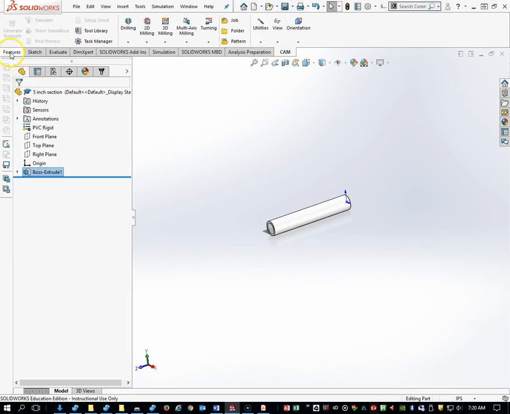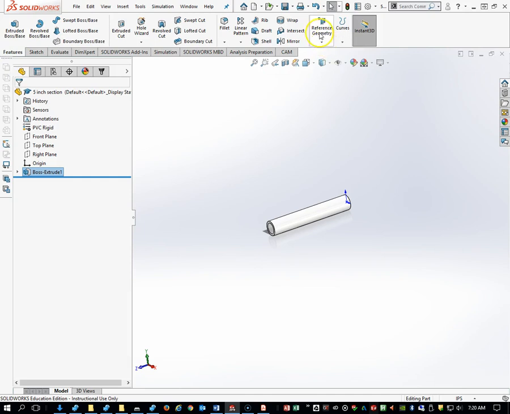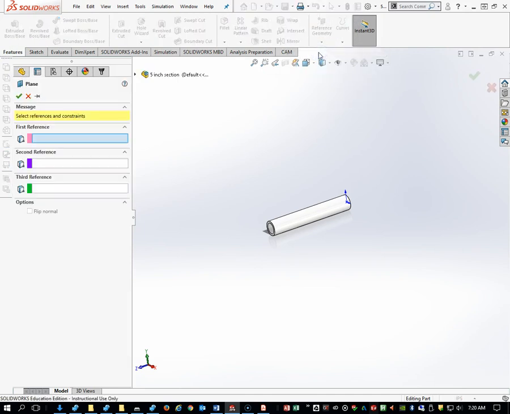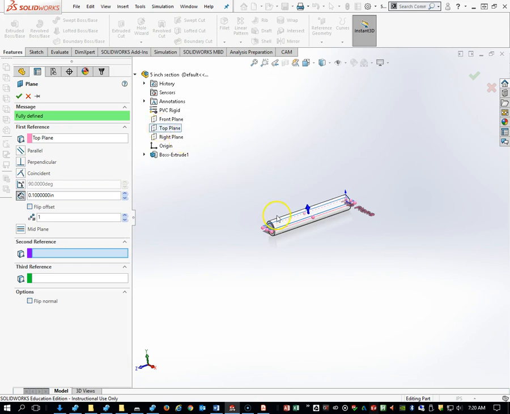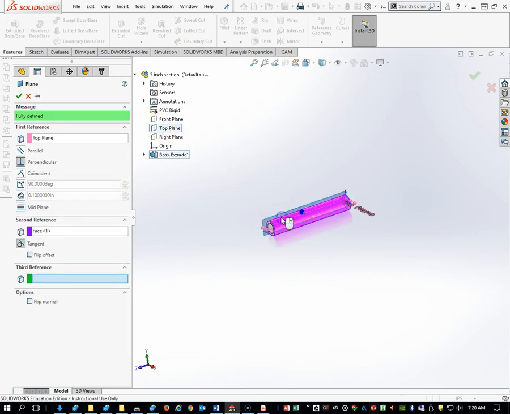Under features, I'm going to click reference geometry and hit plane, and you're going to see that one of these planes, the top plane, we could use the top plane, but I think it's going to be easier for you to see if we make a plane that's tangent to the outside of the cylinder. So I'm going to click the top plane for my first reference, then I'm going to select the cylinder for my second reference, and